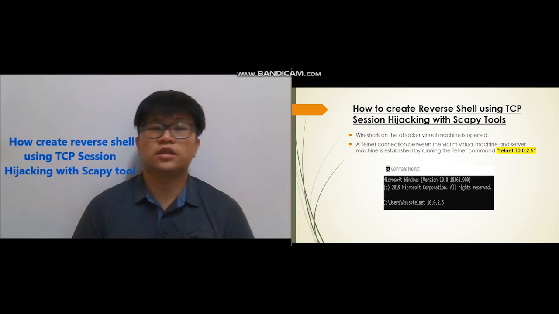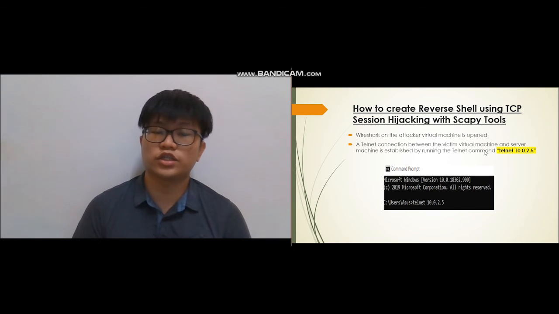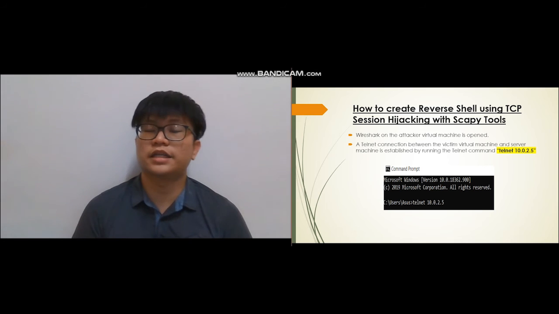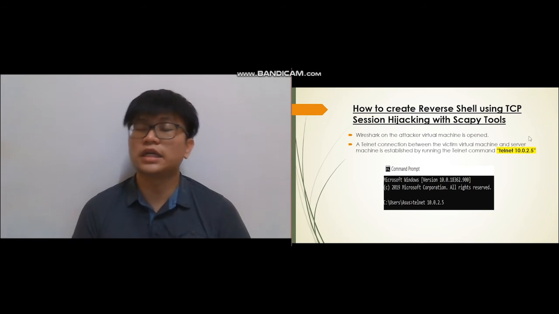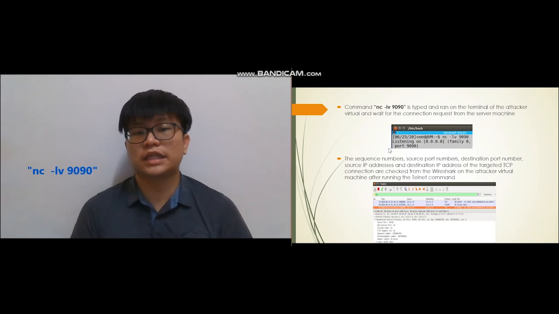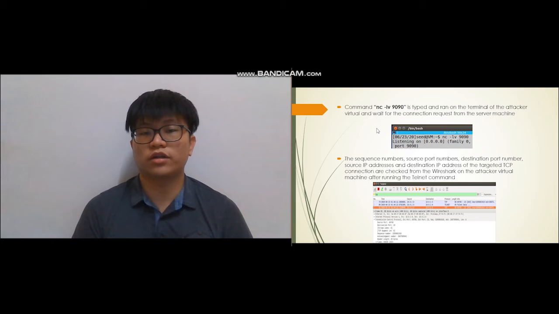So first, Wireshark on the attacker machine is opened. Then a telnet connection between a victim virtual machine and the server machine is established by running a telnet command, which is telnet 10.0.2.5. Then the command nc is typed and run on the terminal of the attacker machine. This is to set up the TCP server listening on port 9090 and wait for the connection request from